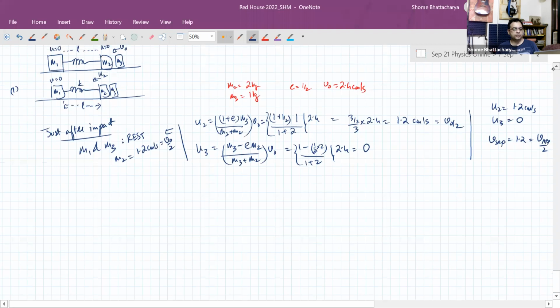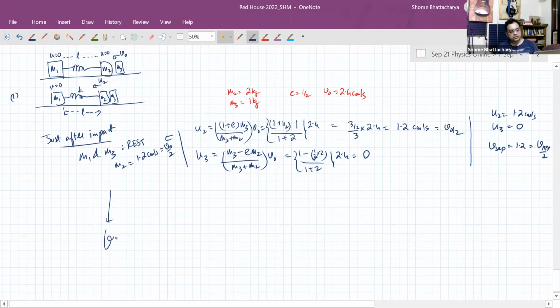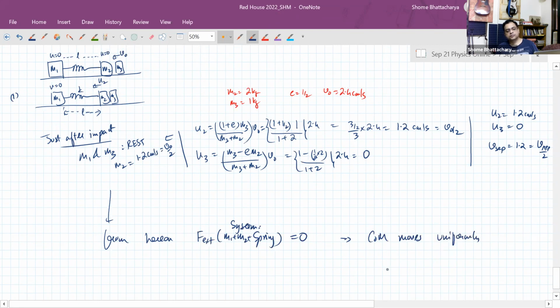From this point onwards, the net external force on this system equals 0, so the center of mass moves uniformly, with a VCM that is m1 into 0 plus m2 into v0 by 2,